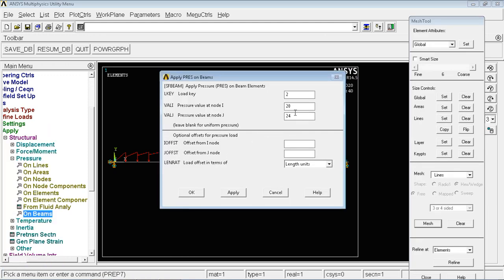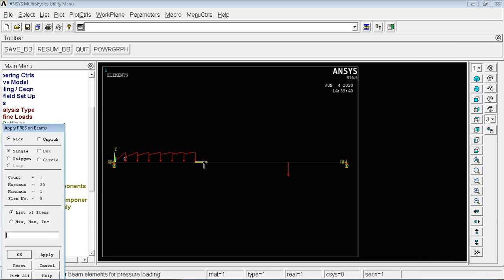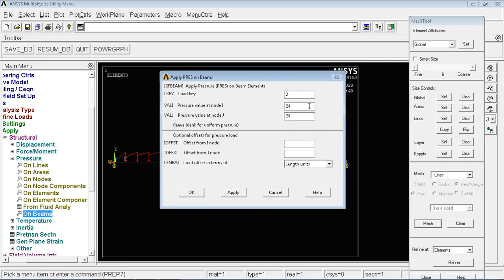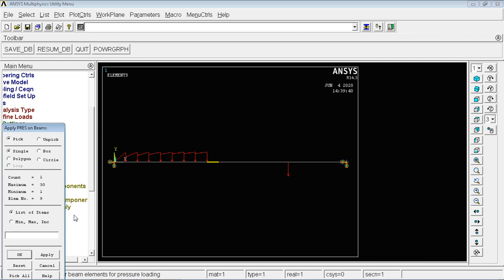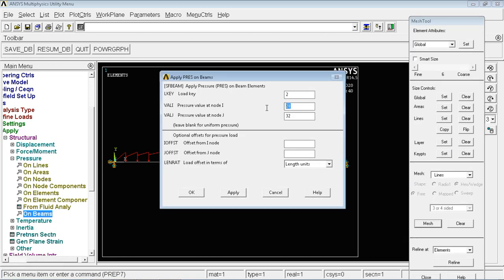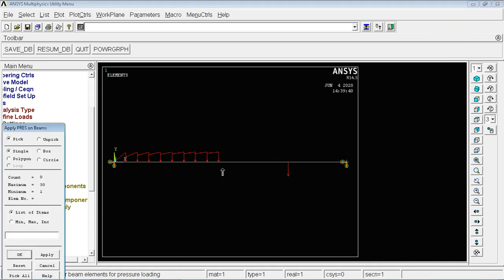Next 24 to 28, apply. Next 28 to 32, apply. Next 32 to 36, apply. Next last one, okay.